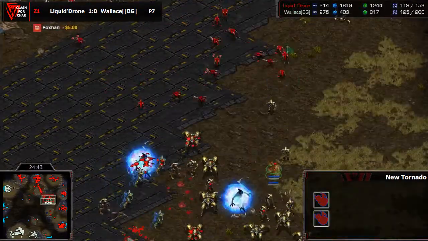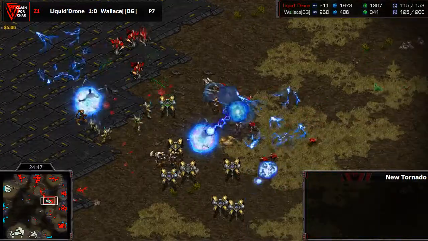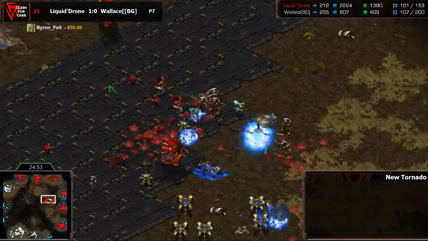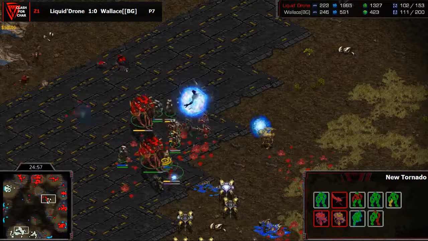I mean, he's actually playing the observers, so he should be able to see those. Yeah, he can see the observers now, and I've actually turned all of the vision off right now. It doesn't look like Drone is able to muster up a force big enough to actually clear this Protoss ball. I don't know how, but Wallace is hanging on